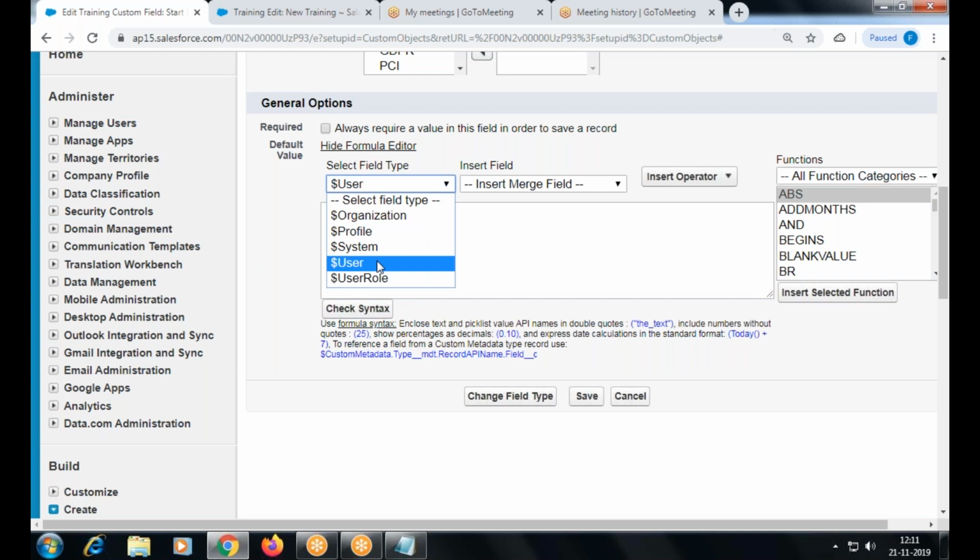How to get general information about company, your profile, your system, that can be referred by using this variable prefix with a dollar. Okay, these variables are called global variables.